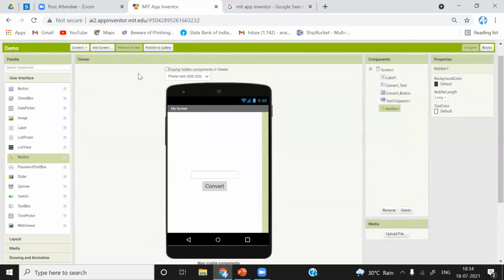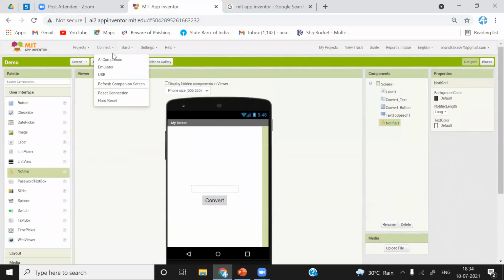I'll just go to designer, and to connect this application or to run this application on your smartphone, there are two ways. You can use AI Companion to just test it for debugging purposes, and if you want to install this app permanently on your smartphone, you just have to click on build and provide QR code, or you can save this application to the computer. Okay. In both cases, you will need the MIT App Inventor application from Play Store to scan the QR code generated by this platform. So you have to go on Play Store and type MIT App Inventor and just install it. Okay, I have already installed.